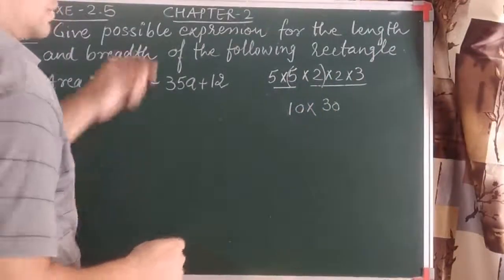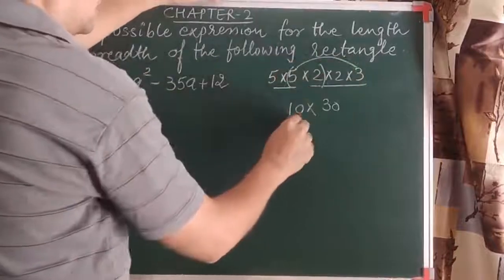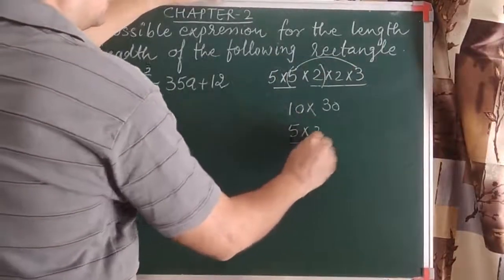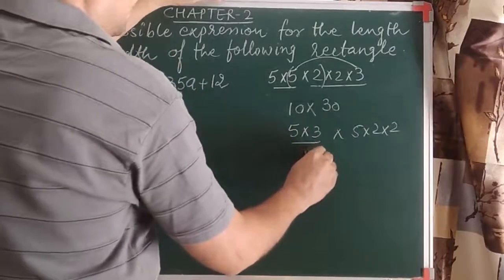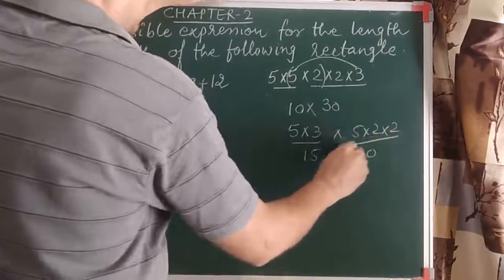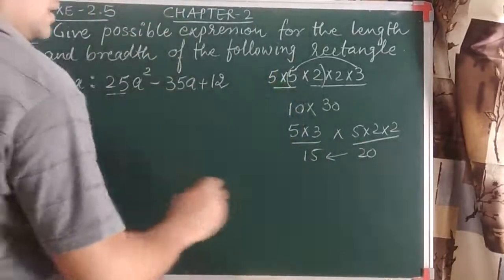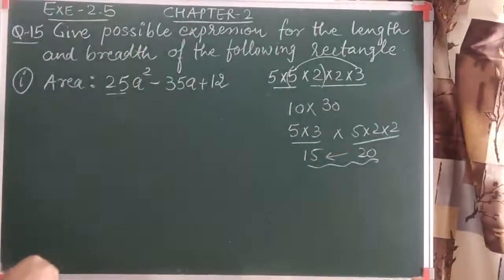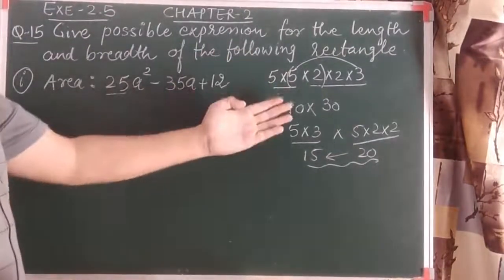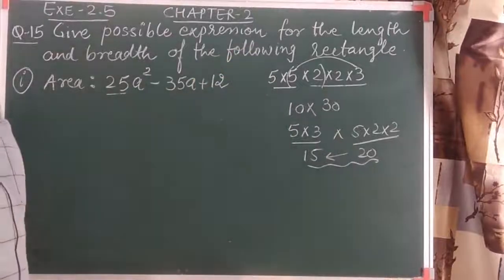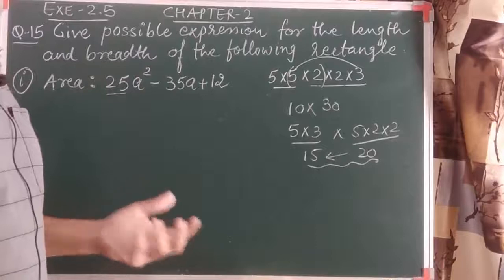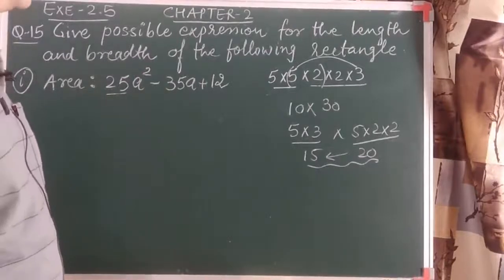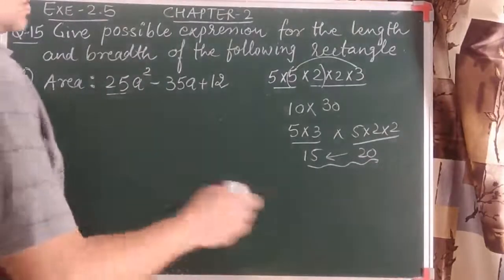So let me change it. Let me take 5 and 3 one more time. So 5 3s are 15, and the rest 5 into 2 into 2. Now 5 3s are 15 and 5 4s are 20. You can see that again the product is 300, but look at the addition. It's 35. So this is another way to obtain the middle term. We can use this when the product is quite lengthy. If the number is 600, 2000, 1500, whatever, if it is a larger number, we can use this method.